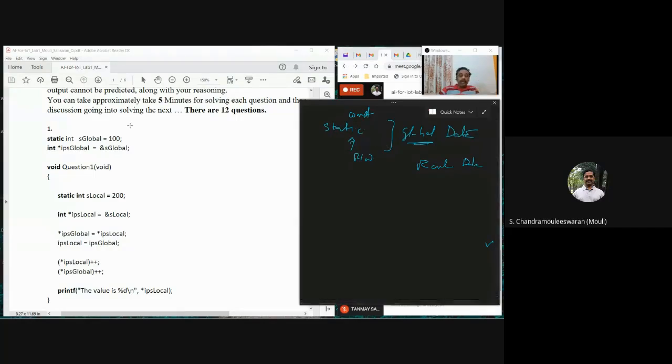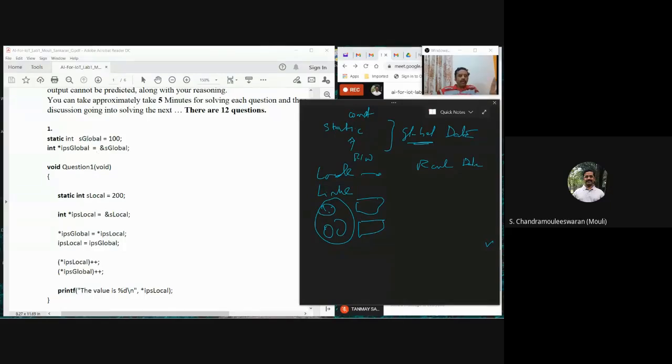Now, who is doing it? It is all done by the tools. Basically, the loader takes care of loading it, and the linker, after merging all the modules of your program, will look at all the variables that you have in your program, group them together and put them into proper areas, read-only or read-write or whatever. So now S global is 100, which is there in that area. Now I have a pointer which is initialized to this variable. This is an int star pointer, and this is also an integer variable. So I am sure you are aware of it.